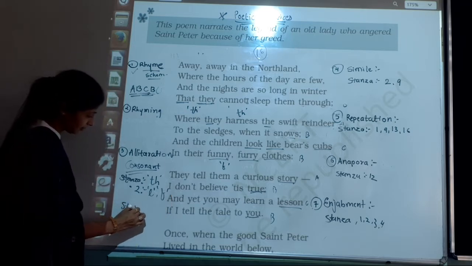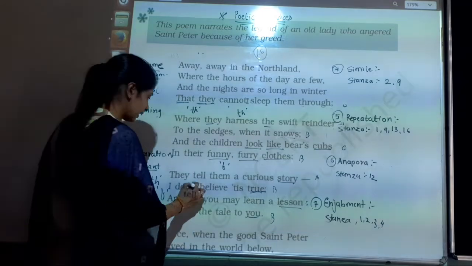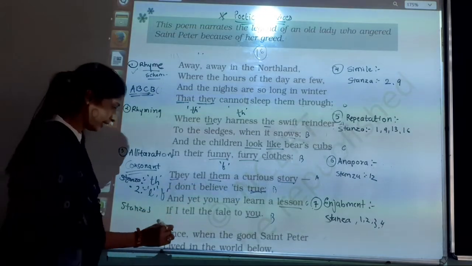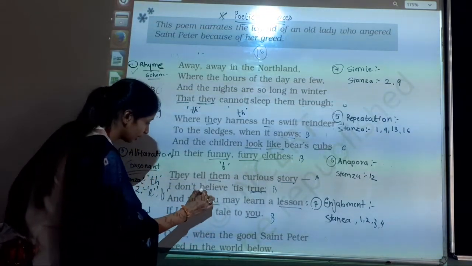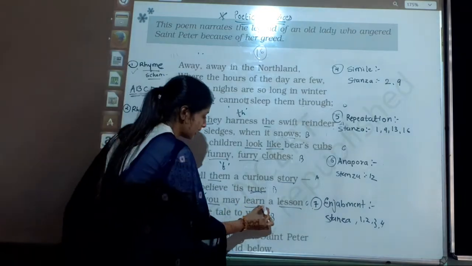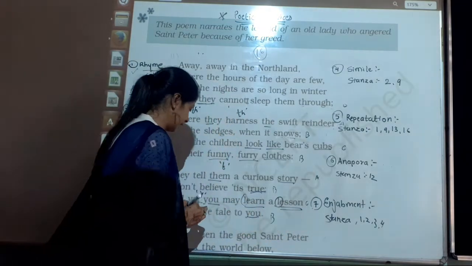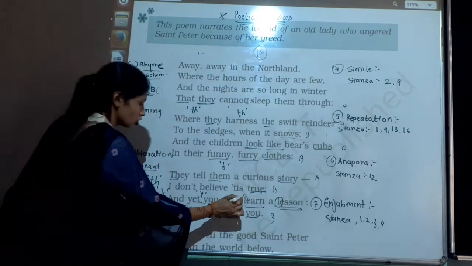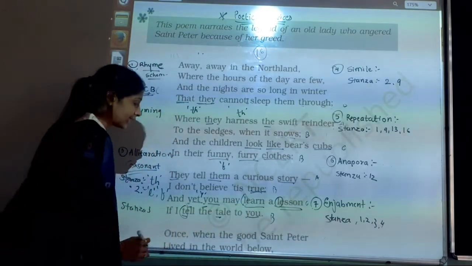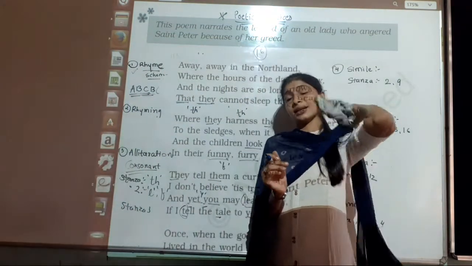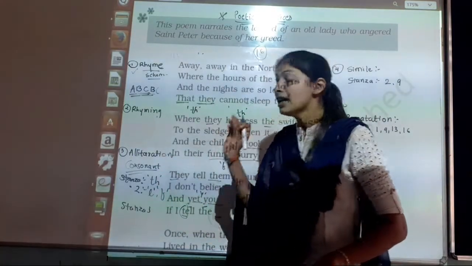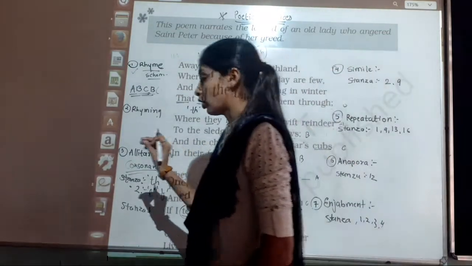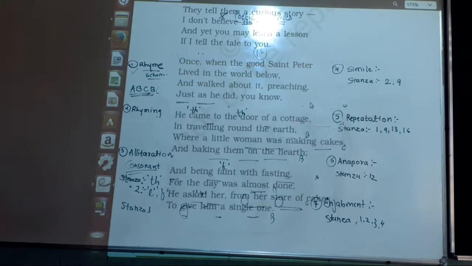Same as stanza number 3, see, D and D again repeated here. Then see in the next line, yet and you, Y sound repeated there, right? Learn and listen, L sound repeated there, right? So here tell and tell, T sound repeated here. So L, Y and T, these are the words which give us examples of alliteration, which repeat a consonant sound in the beginning of the word. So like that only we'll see these examples of alliteration.